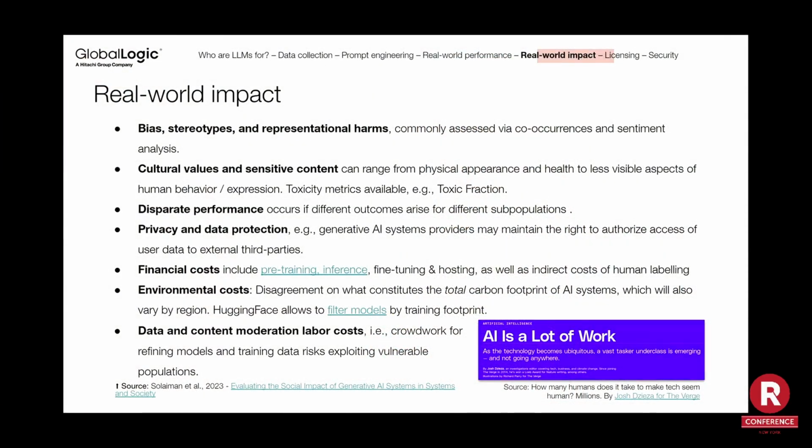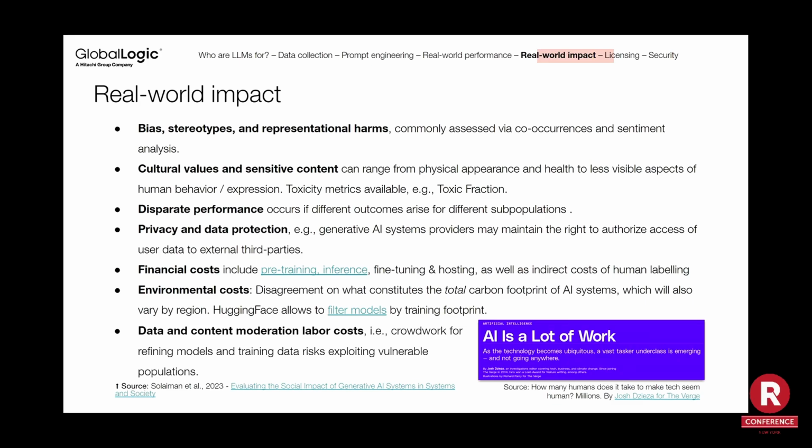Now, all of this had to do with real-world performance from a usefulness perspective. But it's really important to also be aware that we're talking about a different lens as well in terms of what is the impact on the world of these models. Suleiman and colleagues come up with these 7 criteria that help us to really evaluate models from a different standpoint. Again, unfortunately, not a lot of time to go into all of these in detail. However, the one that I would point out right now is the last one on the list, so data and